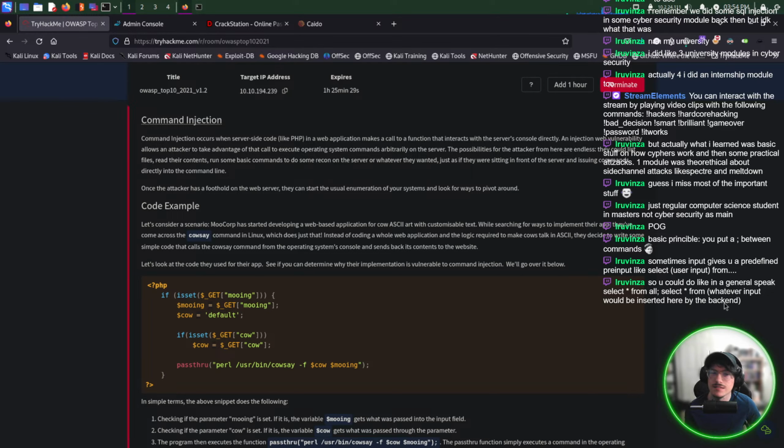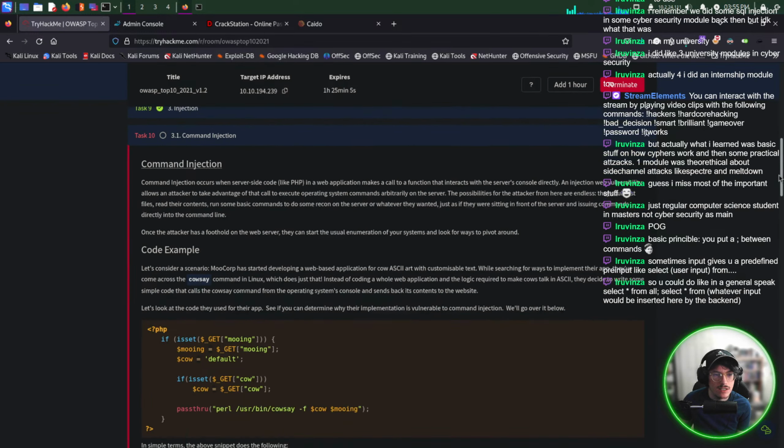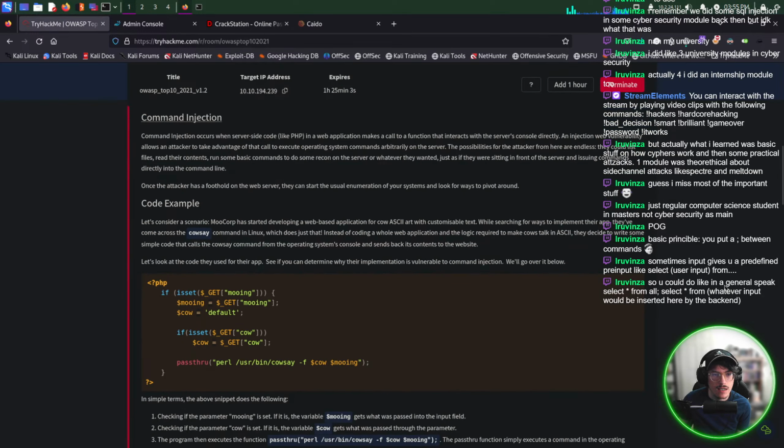Explain again what command injection is. We're looking at the OWASP Top 10, the Open Web Application Security Project, the 2021 version, and we're looking at injection web app vulnerabilities right now, and command injection specifically. Command injection happens when